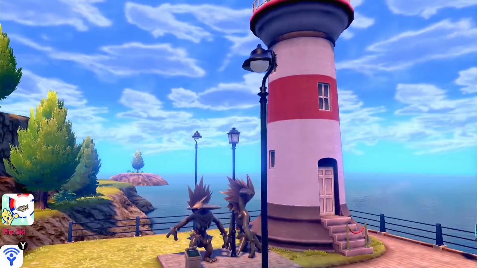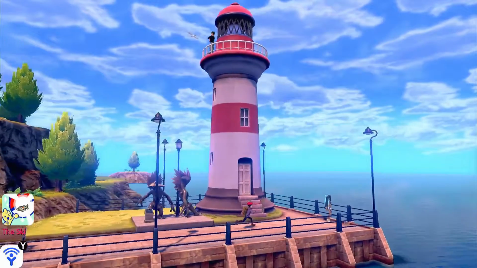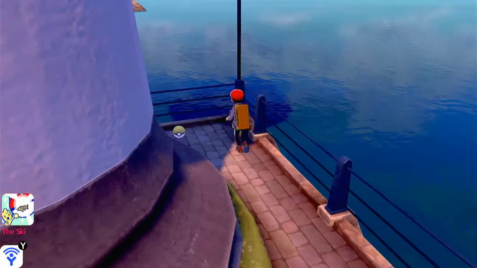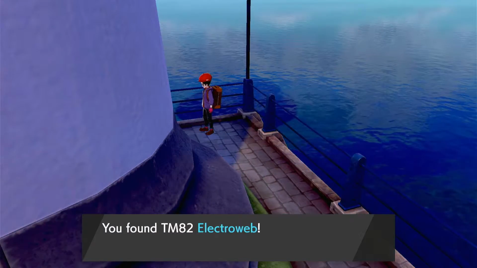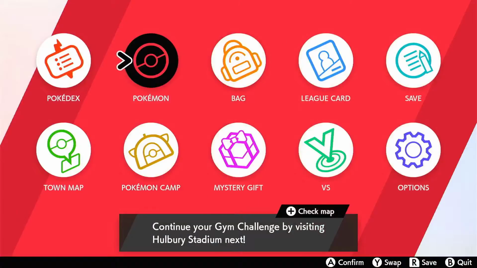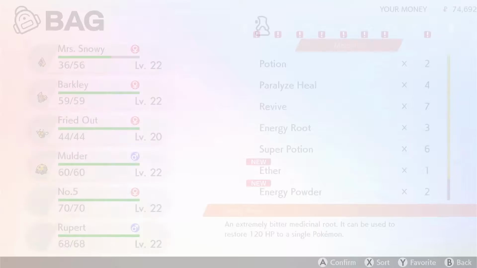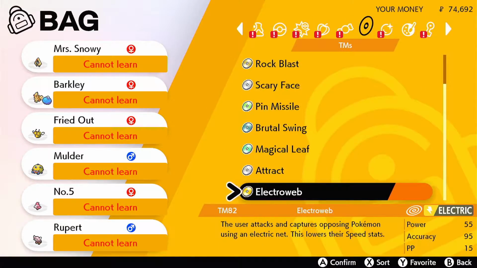And we run round the back of the lighthouse, discover there's nothing there. Then run to the other side of the lighthouse, where there is the TM for Electro Web. Now that would be really useful if MGMT was still around, because catching Pokemon in an electric net, doing damage and lowering speed seems exactly the sort of thing that would be good against a water-type gym leader. Unfortunately, none of our Pokemon can learn it,